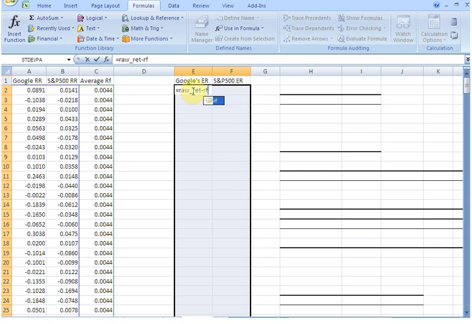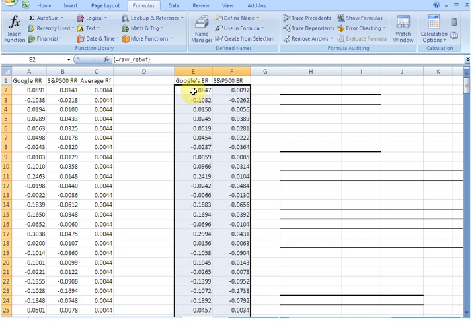And so that the entire selection of my cells gets filled with the excess returns, I'm going to press Ctrl, Shift and Enter at the same time. So I have very quickly found out the excess returns for the entire length of time for Google and for